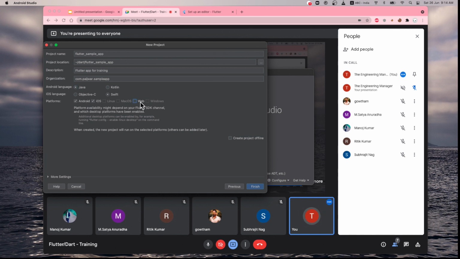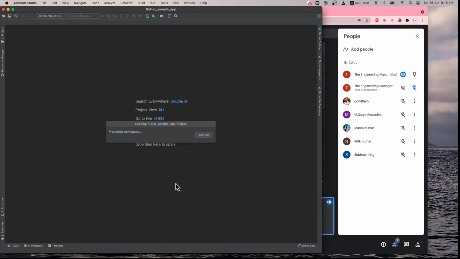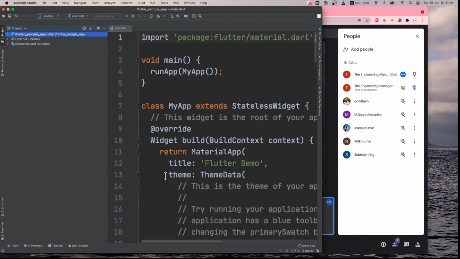I can say web also I want to develop, and then I can say finish. Once you say finish, it will start creating this project. Internally it will use some sort of template that will generate the sample code.